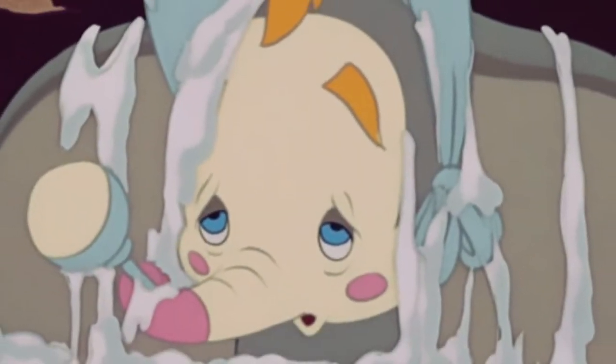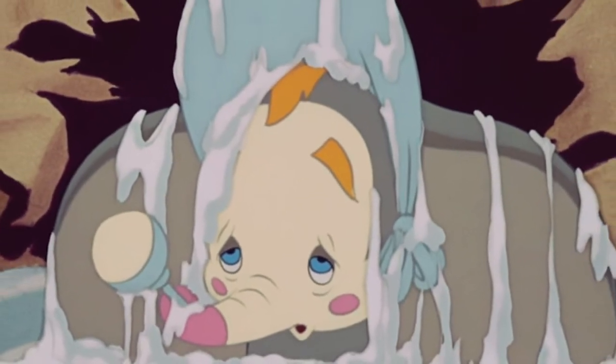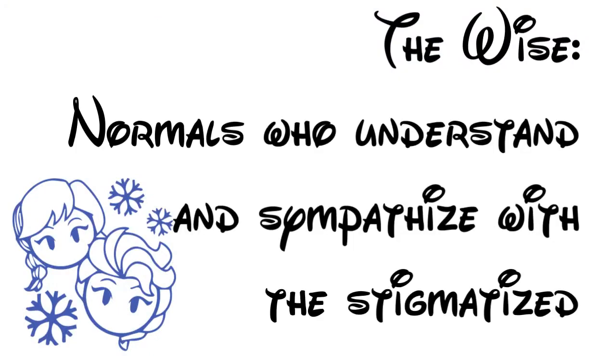He becomes a clown. The film does give us an example of outsiders who become what Goffman calls the wise. These are people who understand and sympathize with the stigmatized and who often get stigmatized themselves. This is the group of normals who are privy to the secret life of the stigmatized. Often, this group of normals have to pass through a heart-changing personal experience.